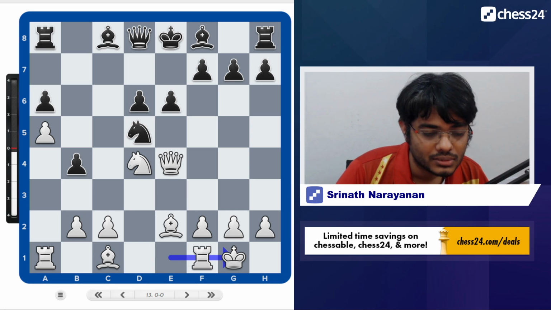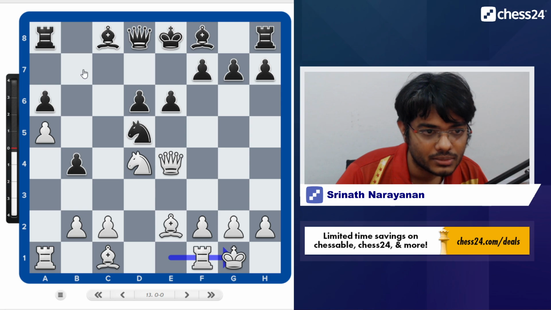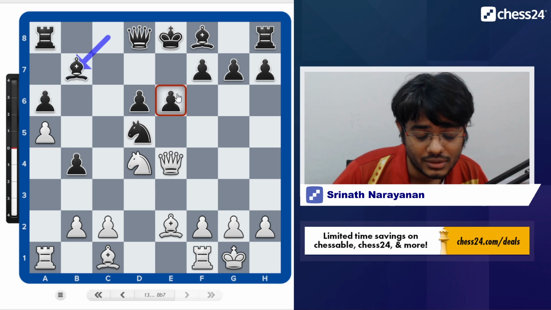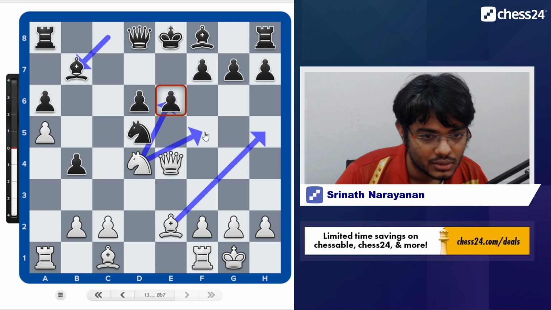So Nils started out with Bd7. Again, Bb7 can be scary because Bb7 loses control of the e6 point, and you never know. Nxe6, Nf5, Bh5. So many threats against black's king with at least 2 moves remaining to castle short.